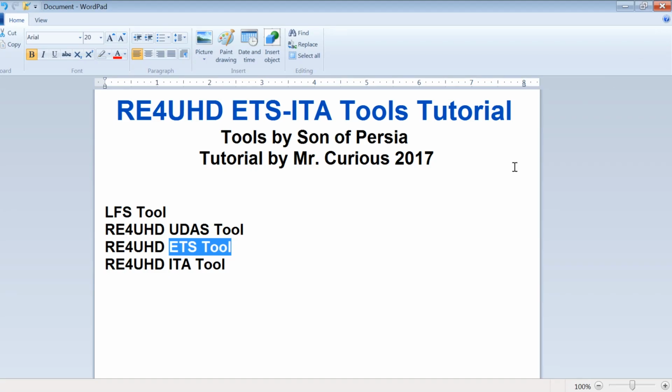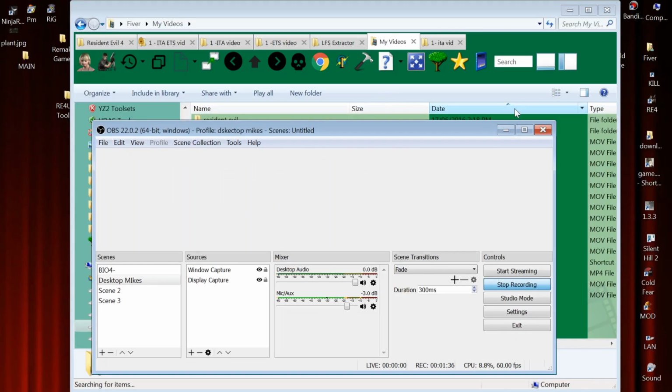And so essentially what we're going to do today is move some of those breakable and movable ETM models around using the ETS tool. And then we're going to follow up by placing items of our choosing with the ITA tool. So essentially what the ETS does is governs the placement of ETM models, and the ITA governs what we place in those models. And we can also use the ITA to place items, treasures, weapons, and ammunition anywhere in the game. So the first thing we're going to do is